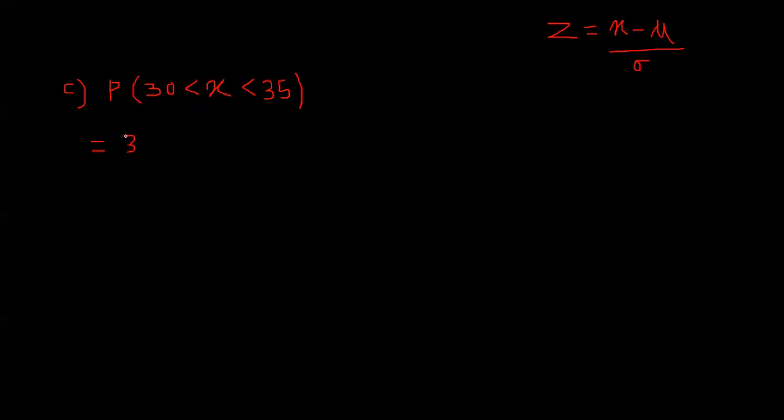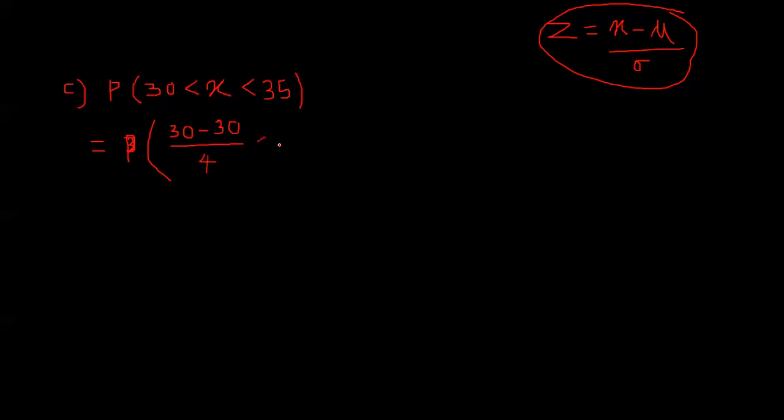So now, let's say P, this is P that is 30. X value here is 30 divided by, what is the value of mean? Okay, you convert into this formula. Okay, so 30 minus mu that has been given is 30. Okay, 30 and divide by sigma, that is 4